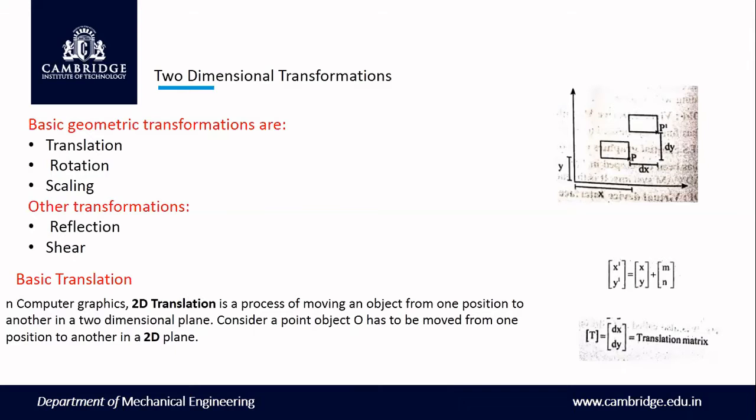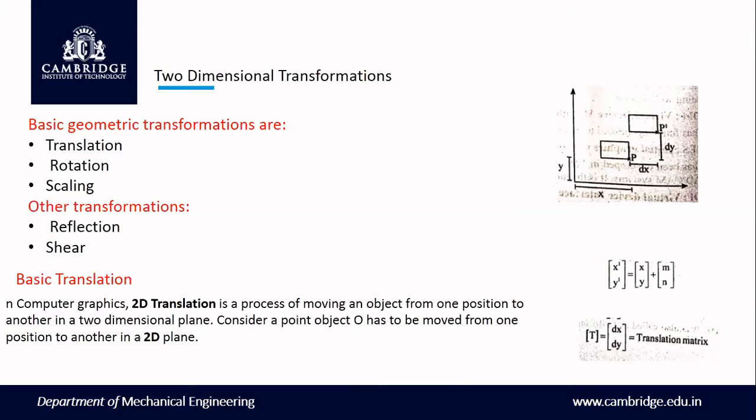There are three types of transformations: translation, rotation, and scaling. Translation is when a point has to be moved to another location, from one place to another. For example, a point at (1, 1) is moved by a distance of (2, 3) or (4, 6); then the point is translated from its original position to the new one. That is the major thing in translation.